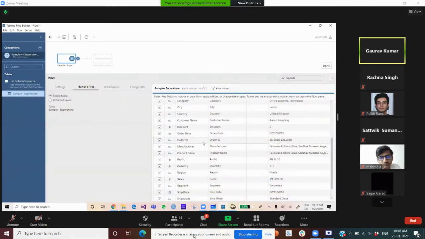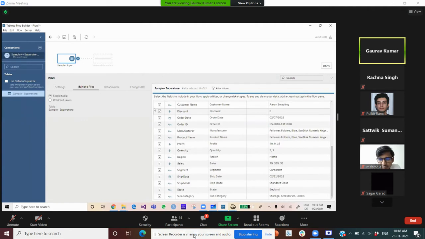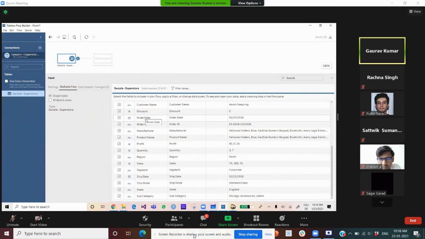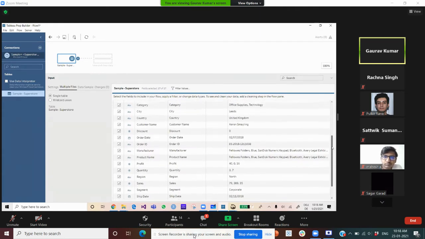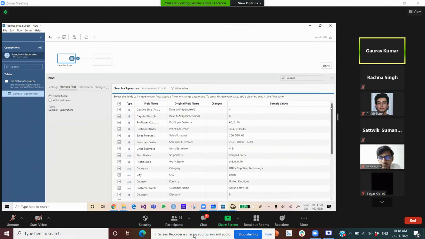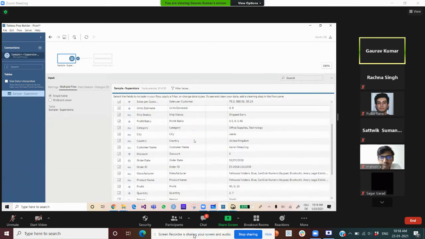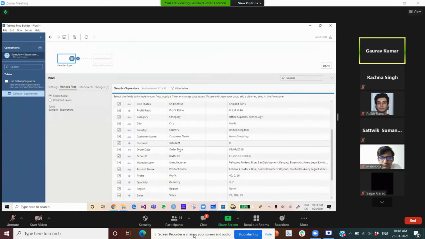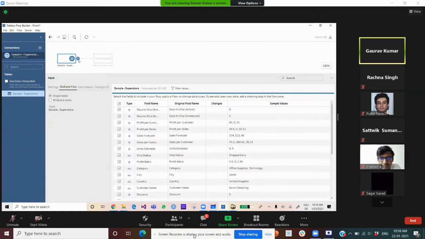So if you want to see a basic overview of how it looks, it will be given here. For example, you see customer name, discount, order date, and stuff, all the entries in that data sheet will be displayed here. It's a basic overview to show the developer the things present in your data set. Now I want to clean this data, because if there is some issue or some data is missing here, we'll see how to get into that, or what is the data inside this file.